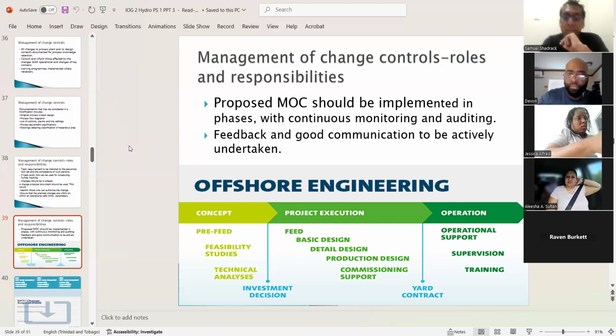Again, this little chart at the bottom is one of my own. I don't think it's a bad chart, though. It says, in terms of the work aspect of an offshore engineer, we have concept, project, execution, and operation, right? And I suppose if there's any change within any part of it, then, right? Perhaps an easy one would be training, right? So if training to,